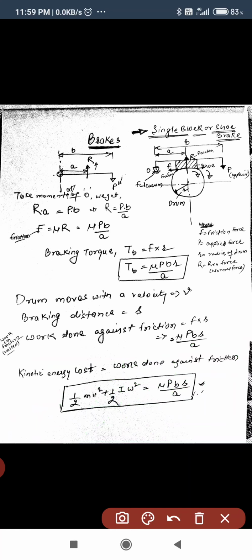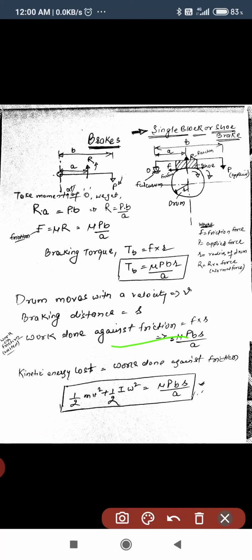यहाँ साइड पे लिखा है. So this is all about this single shoe brake or a shoe brake. This is called shoe, this is called drum, this is a lever and fulcrum, and this is applied force. This is all about this system brake. So now we will move to the next slide,